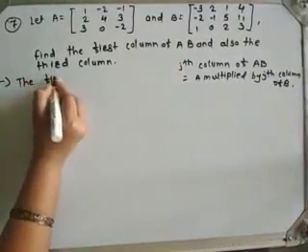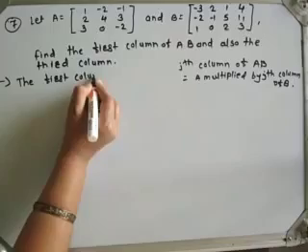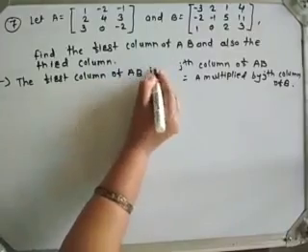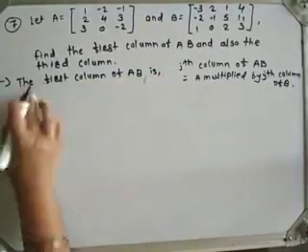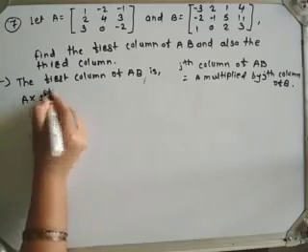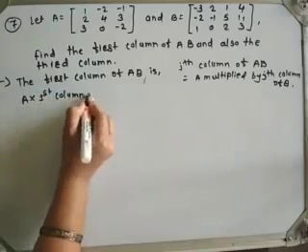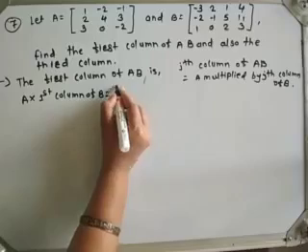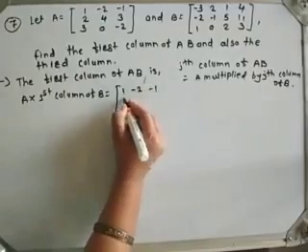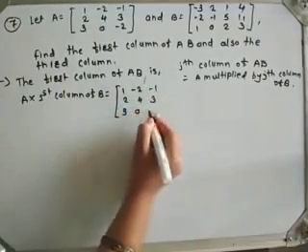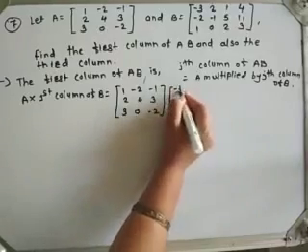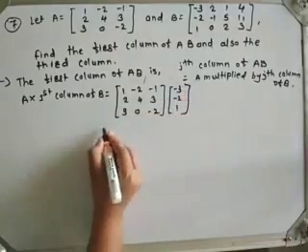The first column of AB is A into the first column of B, which is equal to, what is A? A is the matrix [1 -2 -1; 2 4 3; 3 0 -2] into the first column of B, [-3 -2 1], which is equal to